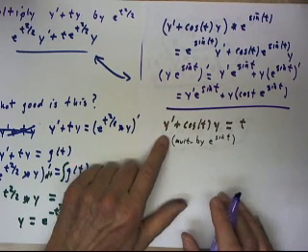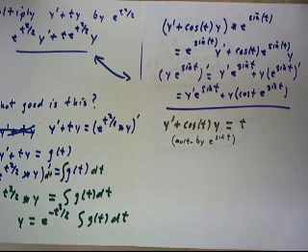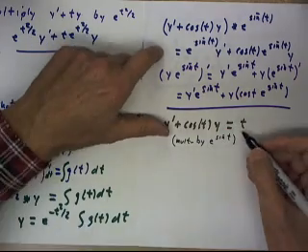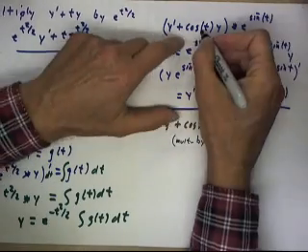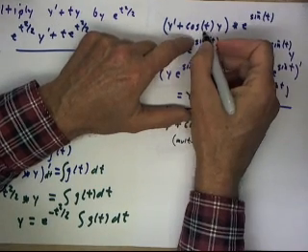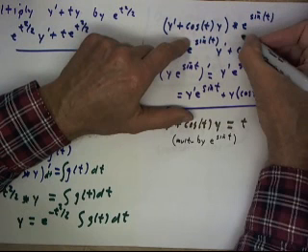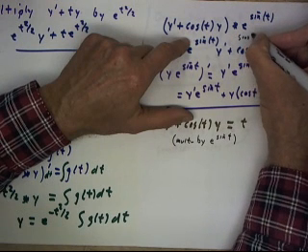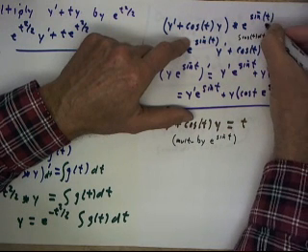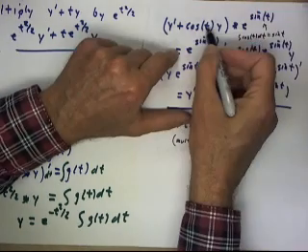So if we have the equation y prime plus cosine of t y equals t, well, let's think for a minute about how the sine of t came about here. Now, the reason we use the sine of t, and you have to get used to this, you have to work through some examples, but we just take the coefficient of our y function and integrate it. So, the integral of cosine of t dt equals sine of t,